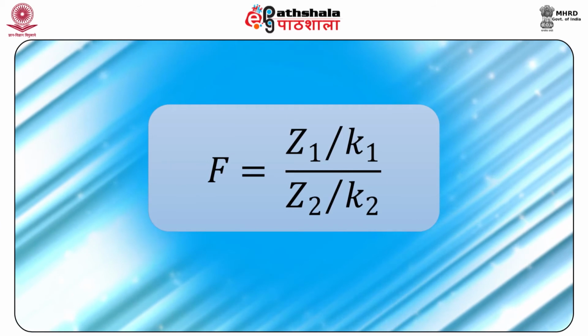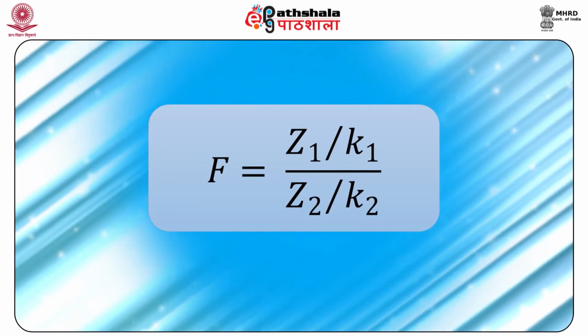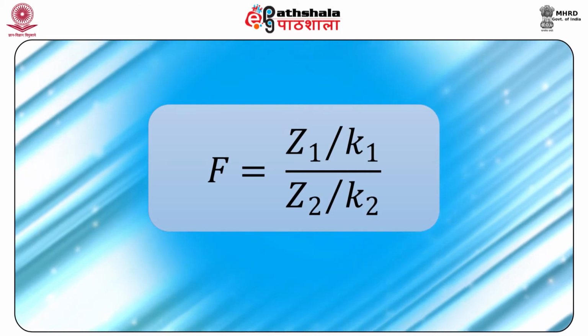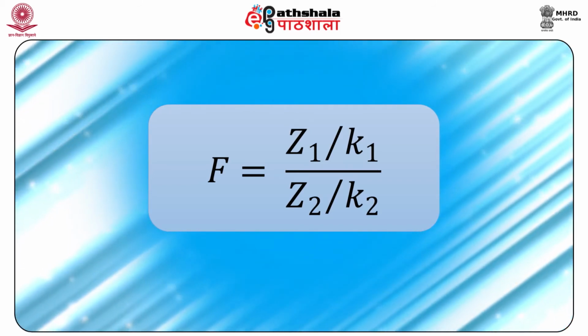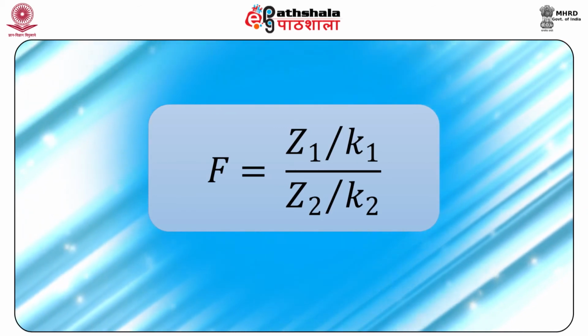Then we can define the variable F equal to Z1 upon K1 whole divided by Z2 upon K2, and it follows Fisher's F distribution with K1 and K2 degrees of freedom. It is usually denoted by F_K1,K2, where K1 denotes the degrees of freedom of the numerator and K2 denotes the degrees of